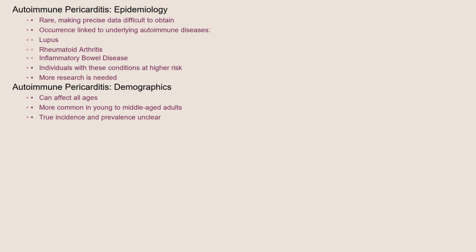Autoimmune pericarditis is relatively rare, making it difficult to pinpoint precise epidemiological data. Its occurrence is often intertwined with the prevalence of the underlying autoimmune diseases that contribute to it. Individuals with conditions like lupus, rheumatoid arthritis, or inflammatory bowel disease are at a higher risk of developing pericarditis, including the autoimmune variant. It can affect individuals of all ages, although it appears to be more common in young to middle-aged adults. More research is needed to accurately determine the true incidence and prevalence of autoimmune pericarditis within the general